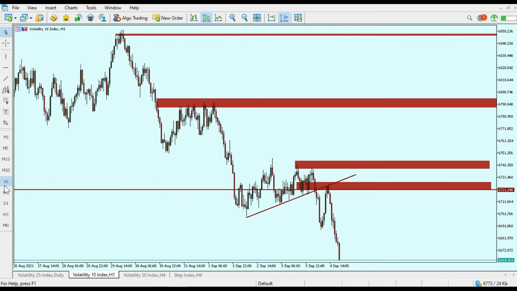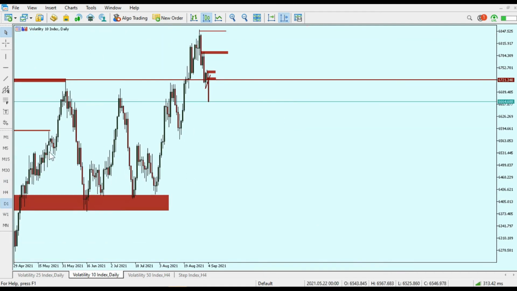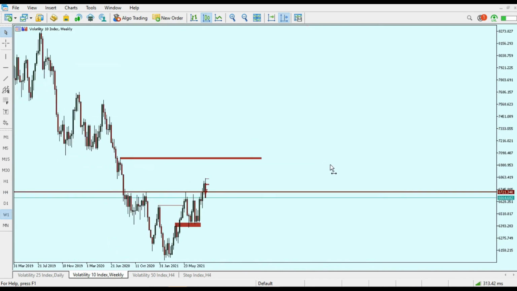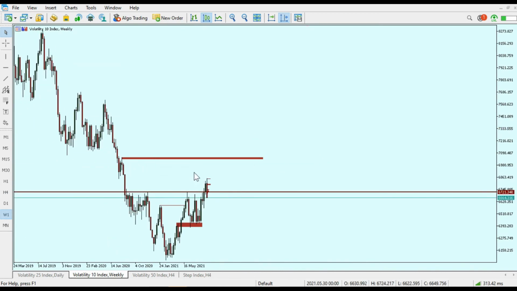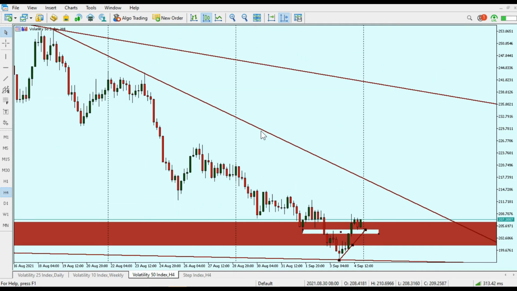But for those of us who want to be taking some long term, probably for weeks, as we can see there, the opportunity awaiting us on the weekly time frame. So we might want to be going bullish for weeks to this particular resistance zone, I think. So that's it for VIX 10. So we have VIX 50,